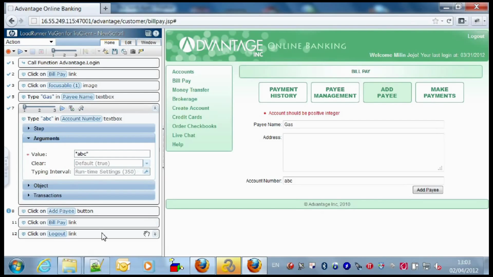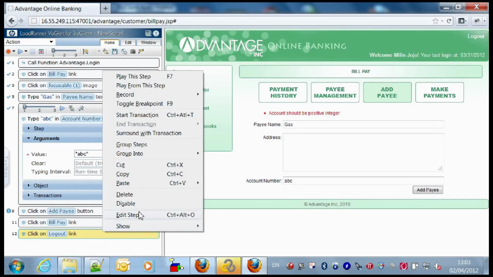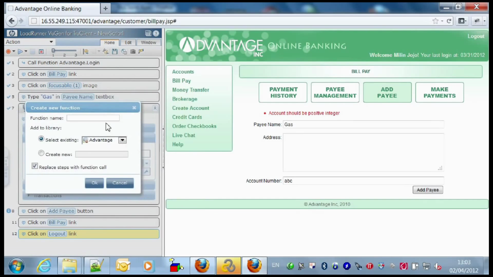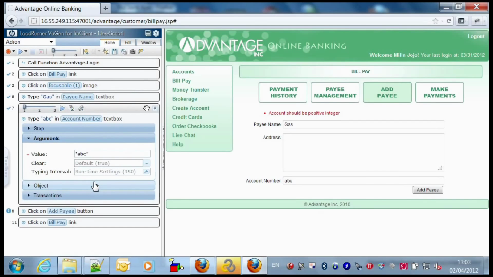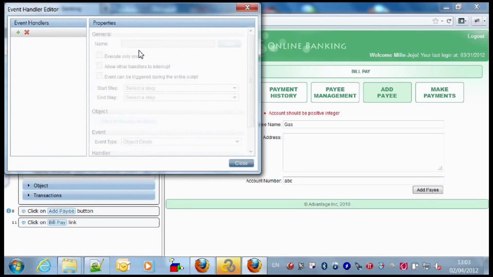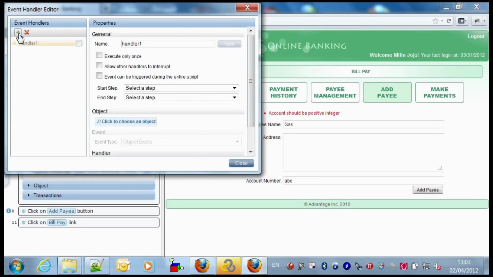Now we'll turn the logout step into a logout function. Now we'll add an event handler that runs the logout function when the error we see on screen occurs.